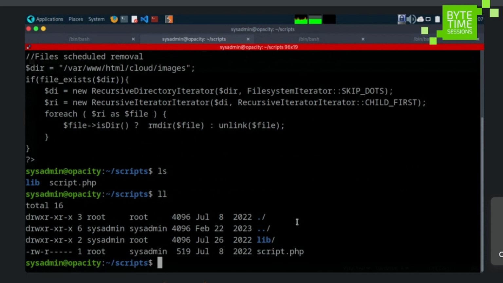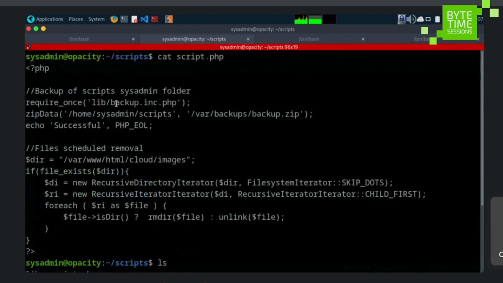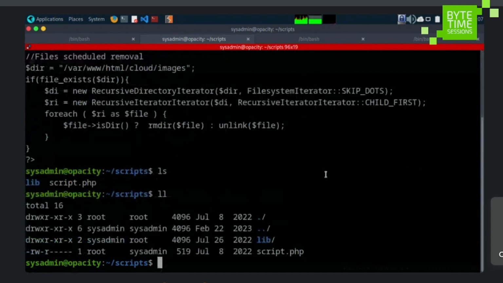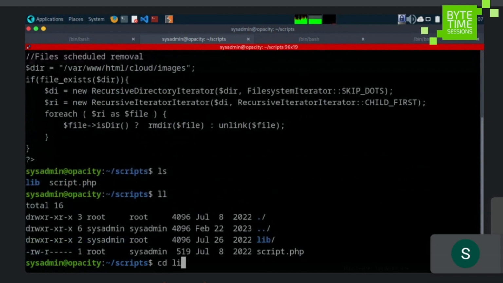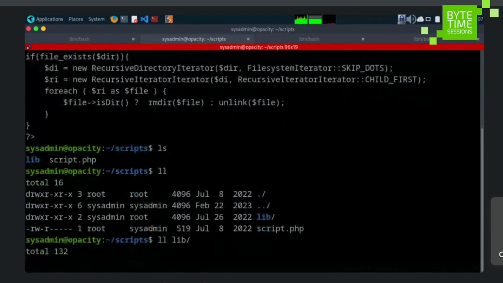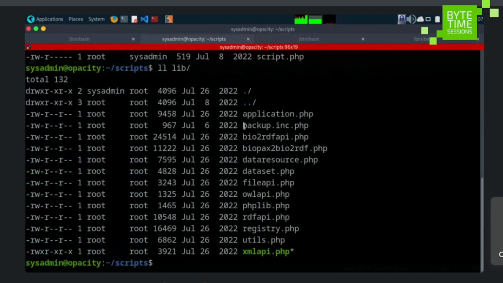Now what he said was that there was a file inside a folder. Okay, now let me show you what that file is. This file, backup.ping.php, is inside lib, so let's just list them. This is backup.ping.php. If you want to get a reverse shell as root,